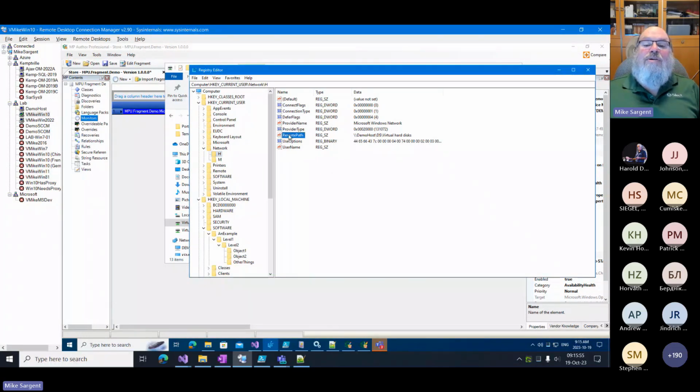The most interesting one, of course, is remote path. Demo host $, virtual hard disks. That's the actual path to the drive. There's also a connection type. Type 1 tells me that this is actually a file system that's been mounted as opposed to a printer. And I'm also going to pay some attention to the provider name because we really want to do a bit